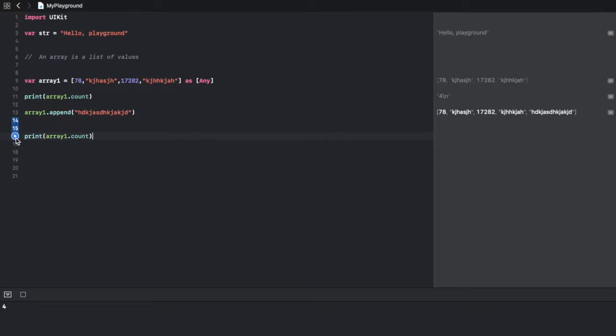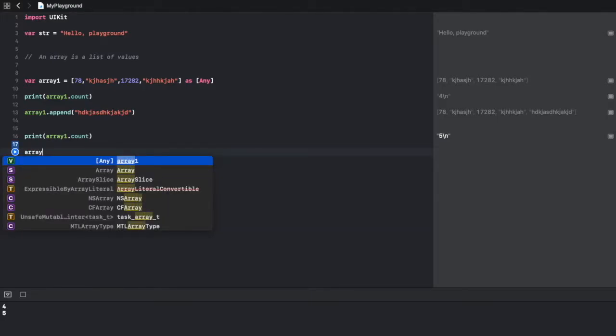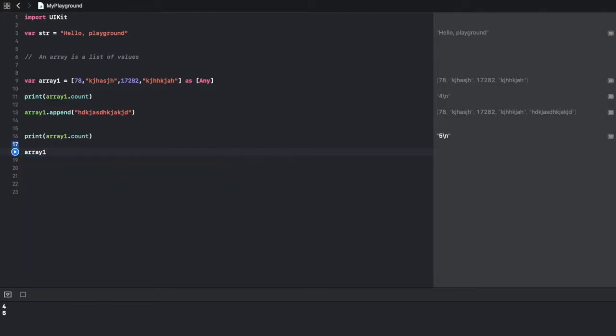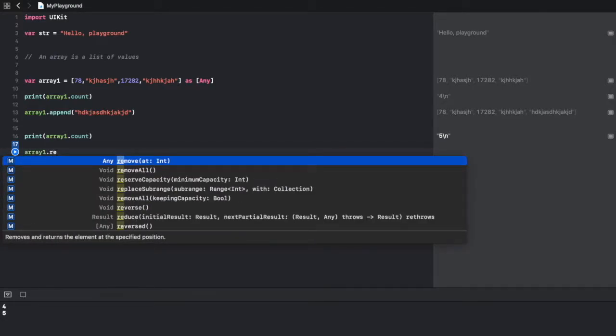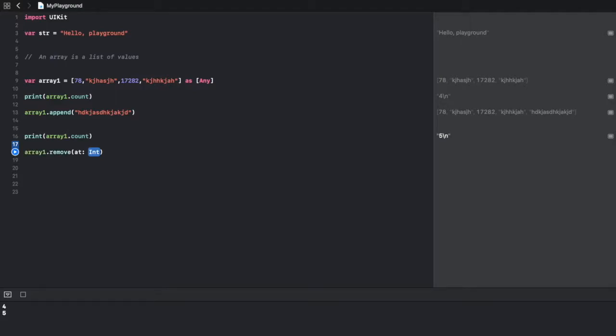And now it should be 5. Now if you want to remove an item from an array, you would have to again call the array dot, and then this time you would put remove. Now this is interesting because when you remove an array, you have to remove it at its specific location in